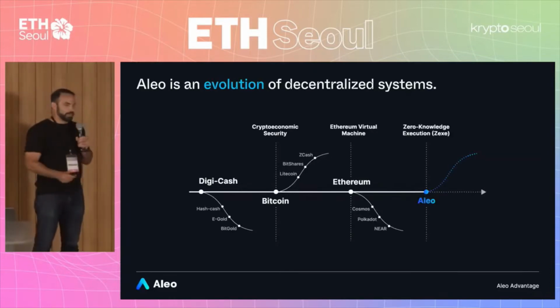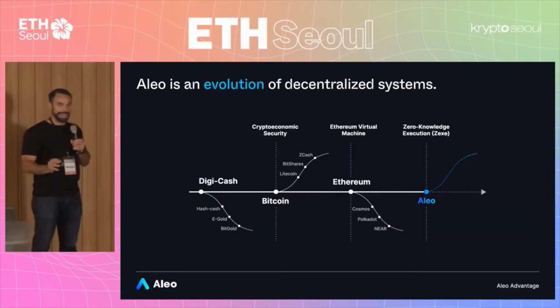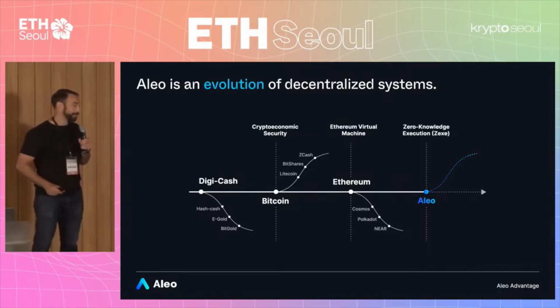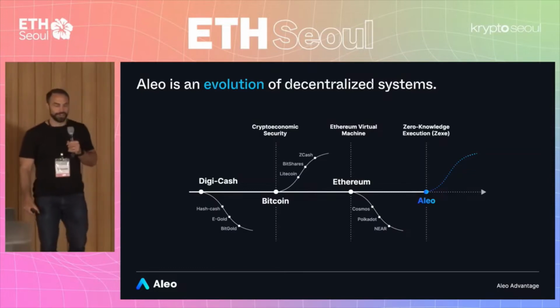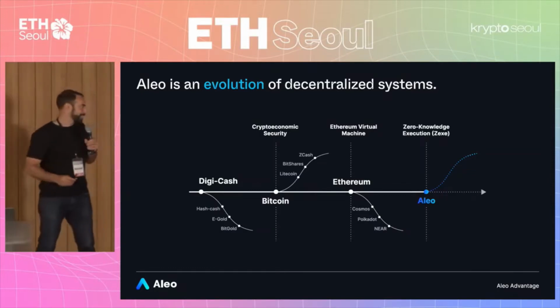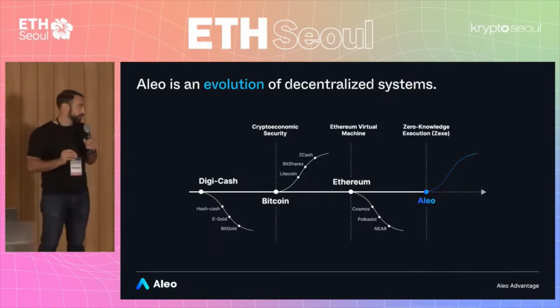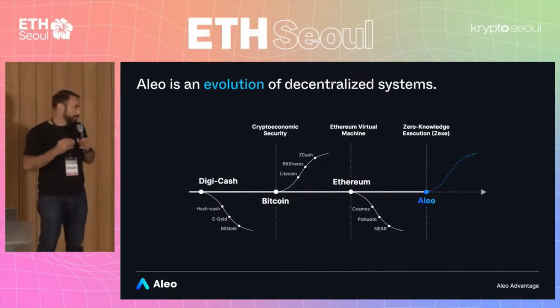So now I'm going to tell you a little bit about Aleo after this quick digression. The first thing I want to acknowledge is that Aleo is not an Ethereum killer, it's not a Bitcoin killer, it's not a Solana killer, it's not anything killer. Aleo represents a step along a path that had many prior steps before, and I think it doesn't get acknowledged often enough, especially in the modern world of crypto conferences, that for like 40 years there were all these failed projects that tried to build digital money and failed, but ultimately inspired Bitcoin, right?